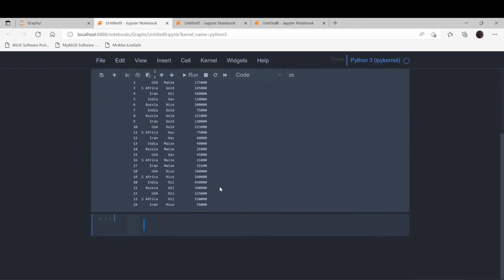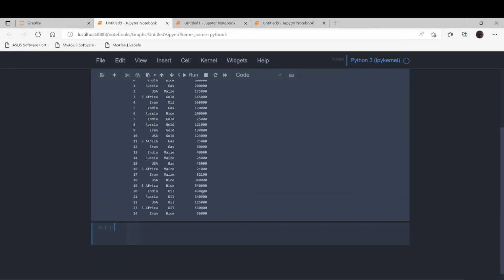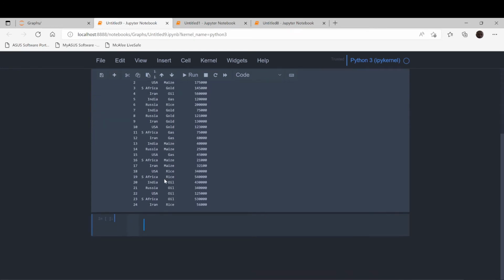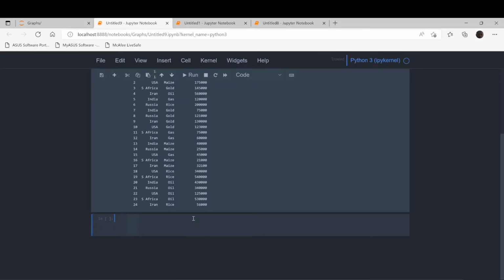Now look, this data is printed like this. If we try to produce a bar graph from this one it will become complex. So what we want to do is first convert it so that it appears like this table here, and this table can produce a proper bar graph like this. So now let's try to convert. How do we convert? So we say